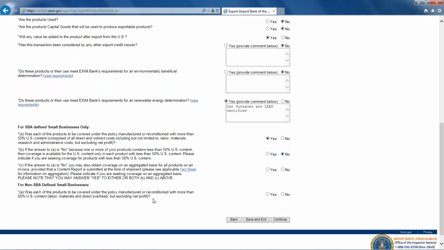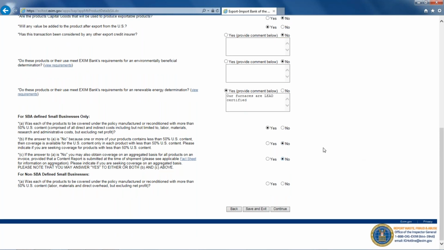Third required question, if the answer to A is no, you may also obtain coverage on an aggregated basis for all products on an invoice, provided that a content report is submitted at the time of shipment. There is a reference here to a fact sheet. Again, I don't think that link is working correctly, but we will address that later on. So again, to keep this application relatively simple, we're going to put no there.